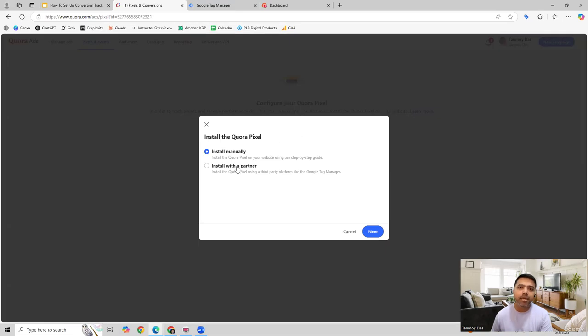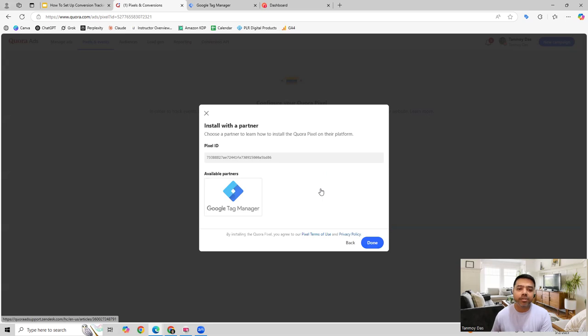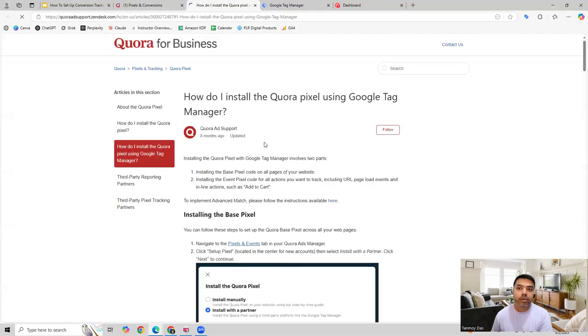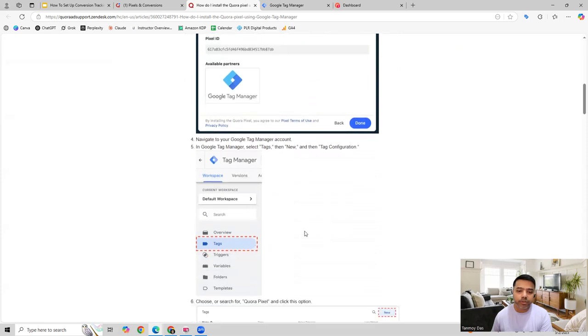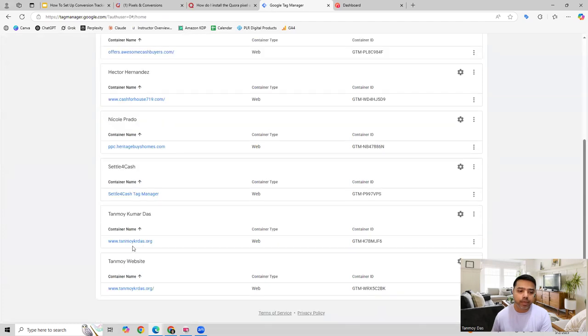The other way of doing it is installing with a partner. Partner basically means any other platform, a tag management platform, which can help us set up the code. So here Quora has a tie-up with Google Tag Manager, as you can see. If you have a Tag Manager account, then we can implement it with that as well. So here we can choose the particular Google Tag Manager steps. These are the steps which we have to follow. So we can go into the Tag Manager, specifically in tags. As you can see, this is a Tag Manager. So we can come to the specific container